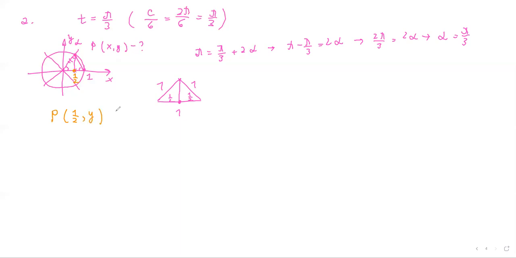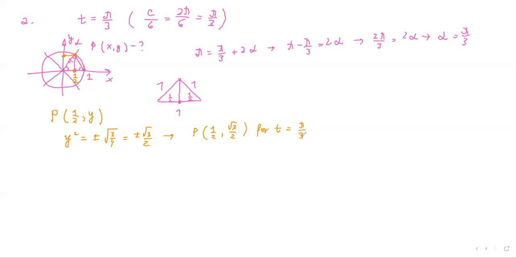Can I calculate y? Remember the first example of considering a point on unit circle when we calculated y. Remember we had y squared equals plus minus a square root of 3 over 4. We just did this already. And we know that it's going to be plus minus square root of 3 over 2. Because my point sits over here, y is definitely positive. So I'm just going to use a positive value. Okay, and I'm going to have terminal point 1 over 2, square root of 3 over 2